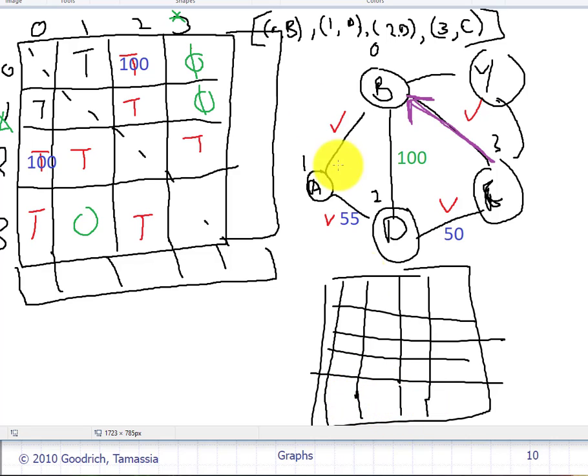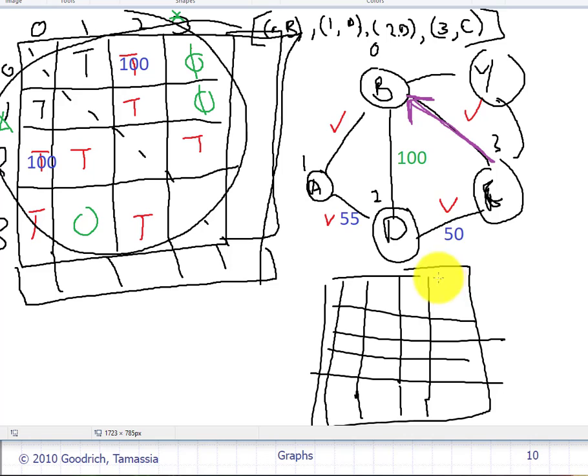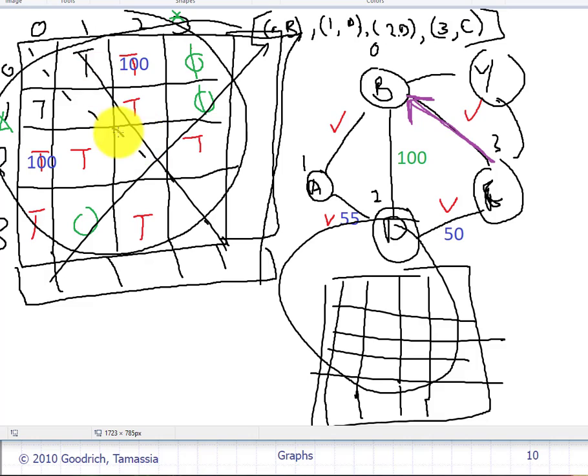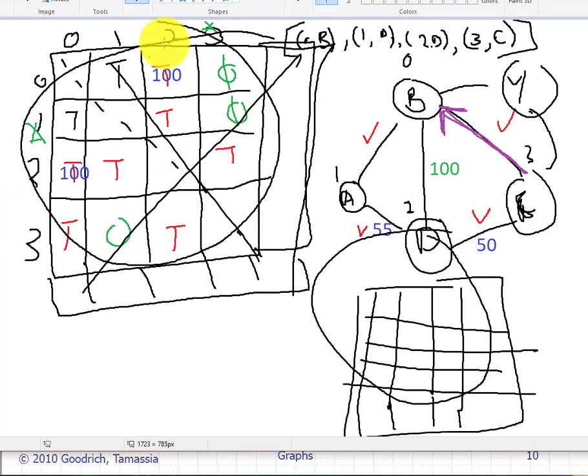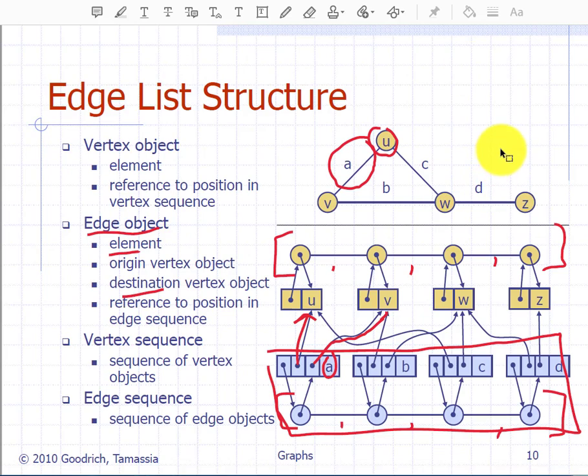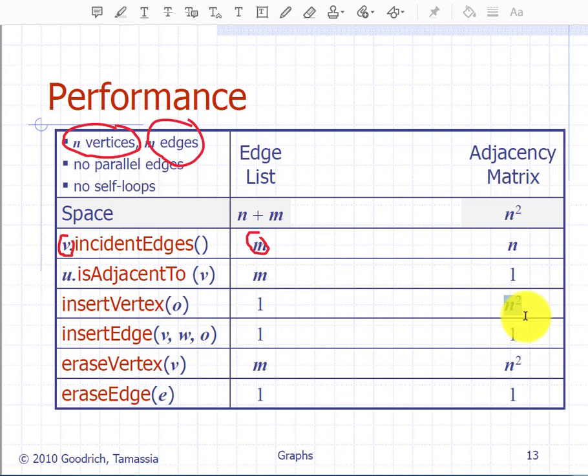Because it's contiguous, I can't just extend into memory. I need to redefine the matrix. So not only do I need to redefine the matrix, but now I need to go to each and every one of these cells and copy the information perfectly from this adjacency matrix into the new one. And then I still have to deallocate this one. So the total complexity here is n squared. Now it's quite a lot, right? I mean, n squared is a lot if you have a lot of edges. So that might be a big red flag, right? Inserting a vertex might be a big red flag for the adjacency matrix, because that's a lot of work